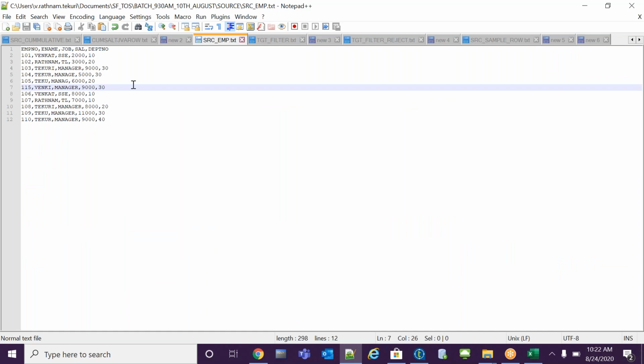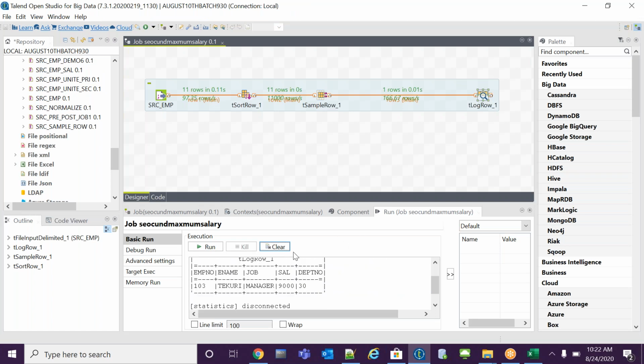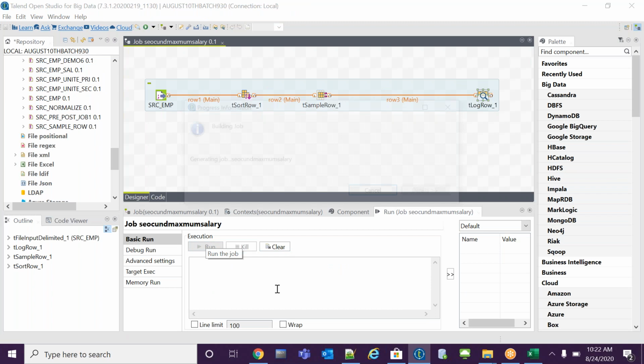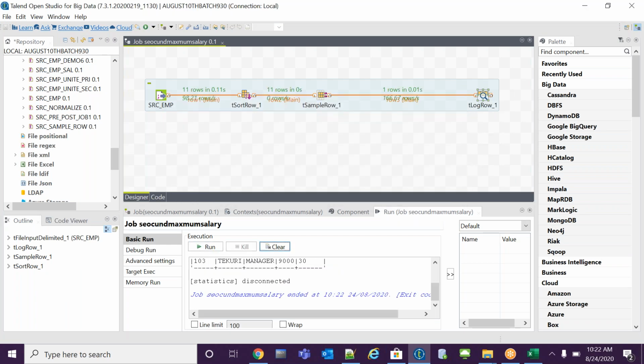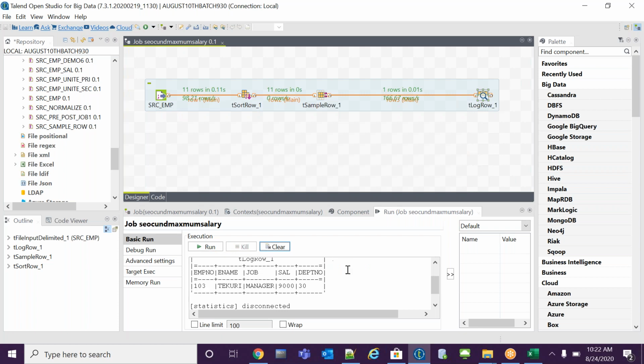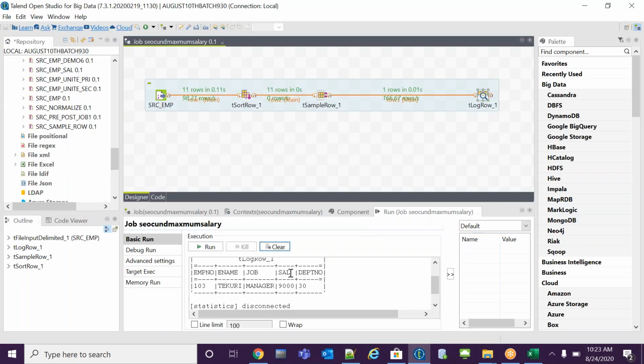All are the second maximum values. How to get it? Can somebody tell me? Any idea? Think logic. You will get it, I'm sure. I'm getting only one record, but I want to see who is getting 9,000. 103 is getting, 115 is getting, 110 is also getting. All three records I want to load into my target.